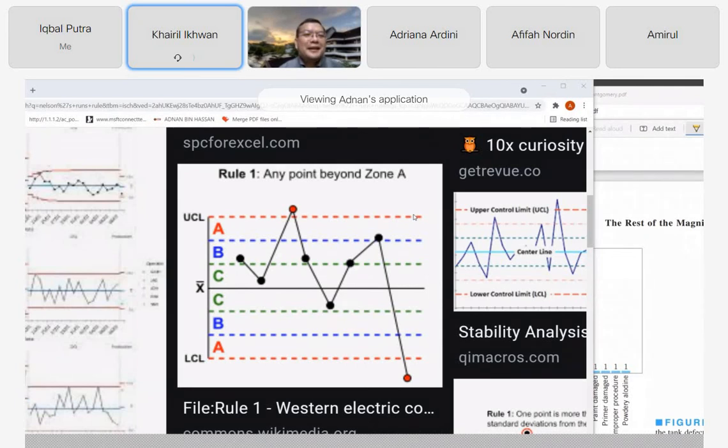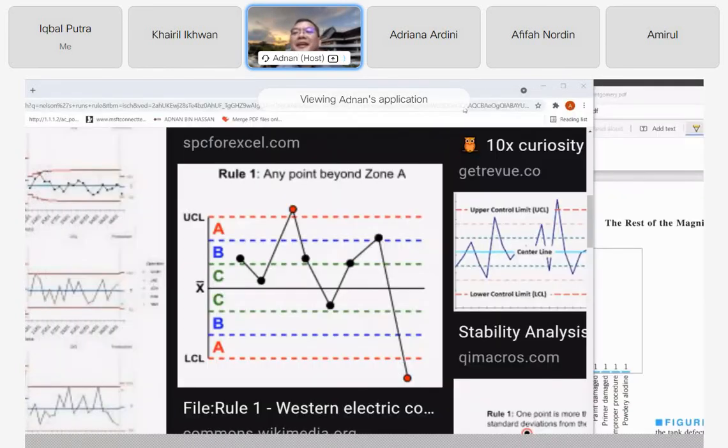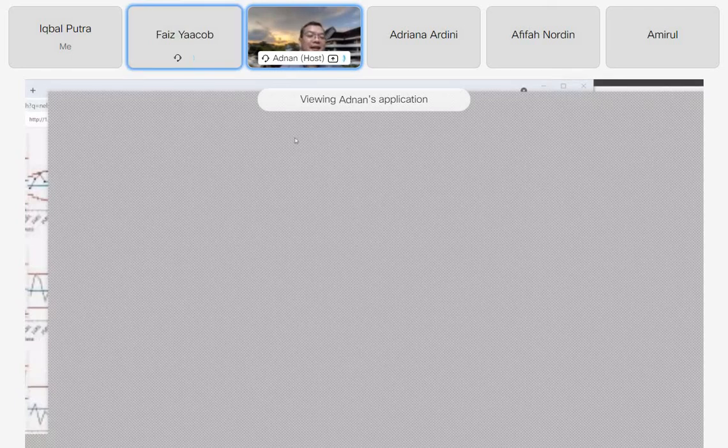You have done it many times, give a chance to others. Okay, Faiz. So for today, I learned about the S chart, and also when we have variable samples, we have